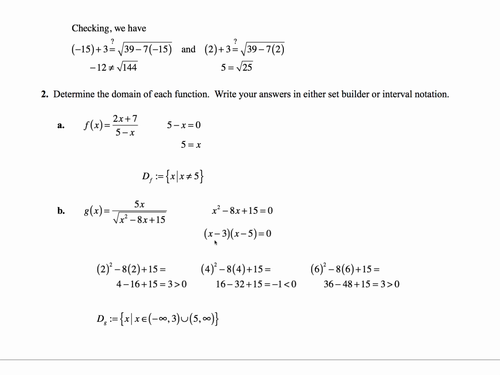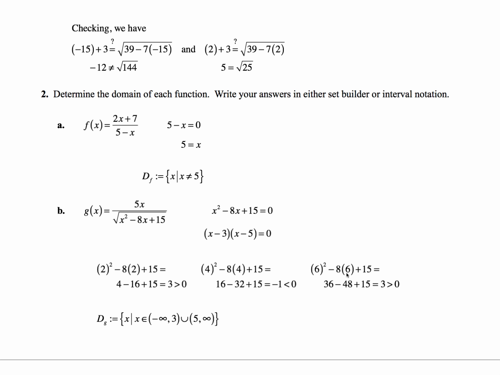So once we find these critical numbers, they're called critical numbers in calculus, these 2 numbers, positive 3 and positive 5, we check in the interval less than 3. Any number less than 3 would be fine. I could have just as easily chosen 0. That would have been a lot easier. But any number that we substitute into x squared minus 8x plus 15 will give us a positive value, as will any number